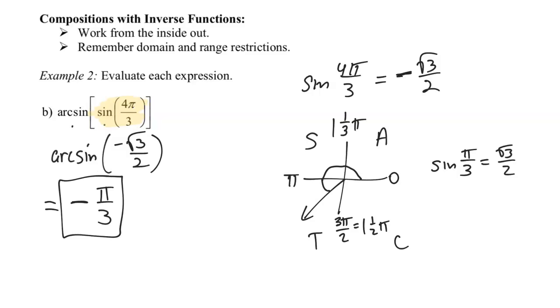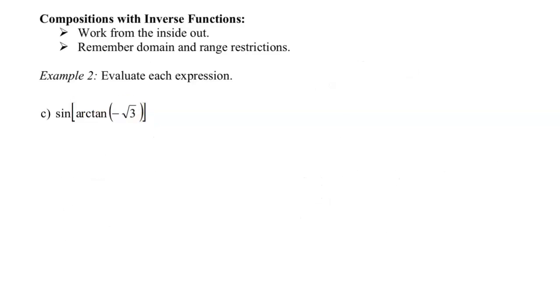So again, just real quick, notice that just because I had arc sine of sine, that doesn't mean those just cancel and that the answer is 4 pi over 3 because of the domain and range restrictions that we talked about. Okay, here we want to figure out what sine of the arctangent of negative root 3 is, and so